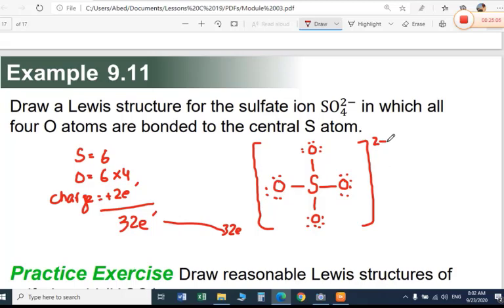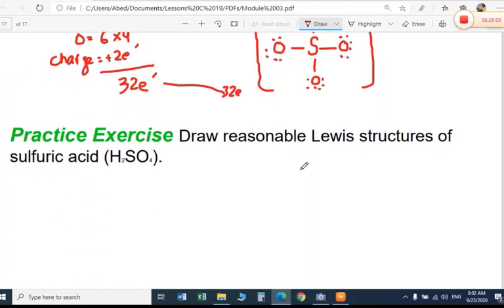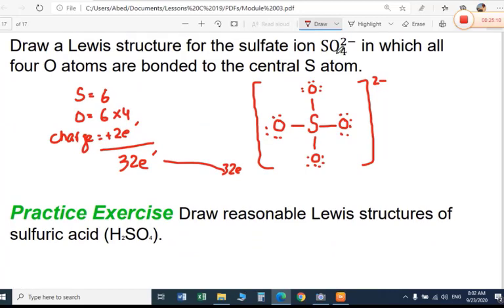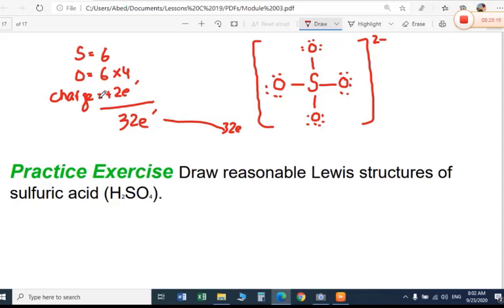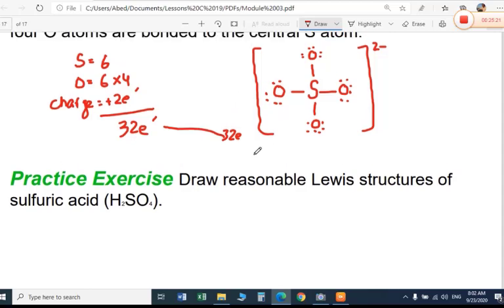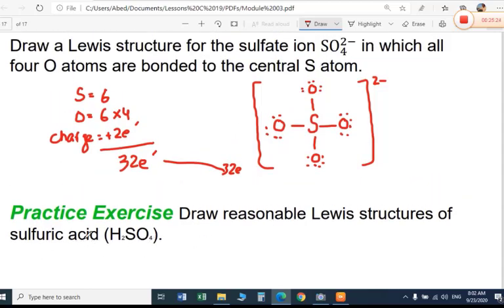Okay, so here it is asking the same, this is sulfate and this is sulfuric acid. So instead of the charge here it will be 2 hydrogen atoms. Because this question and this question are the same, look, SO4, SO4, here 2 hydrogen atoms are more, and here 2 charges are here. So if you remove 2 charges, 2 hydrogens will come. So instead of charge you put hydrogen and give 2 electrons, total will be 32. This will also be 32. Only thing, give 1 hydrogen here and 1 hydrogen here without bracket. So this will be the answer.